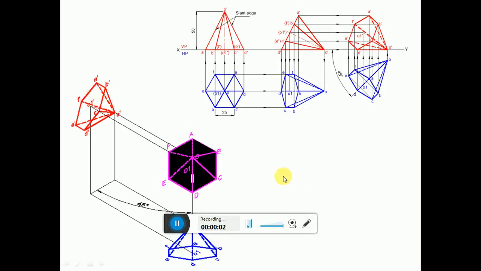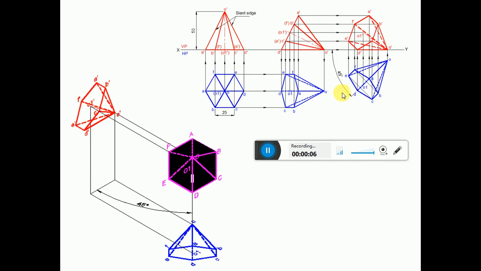Now the axis is a continuation of the problem. So now the axis appears to be inclined to VP at 45 degrees. Since the axis appears to be inclined to VP at 45 degrees, he has given the apparent inclination. Now we have to check the axis in the second position top view,